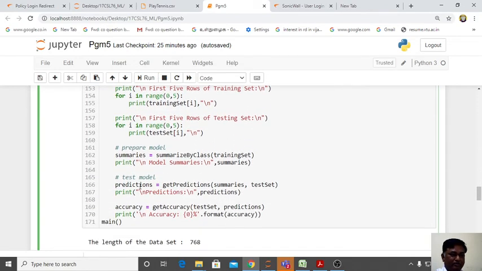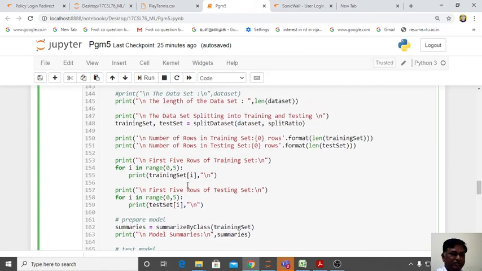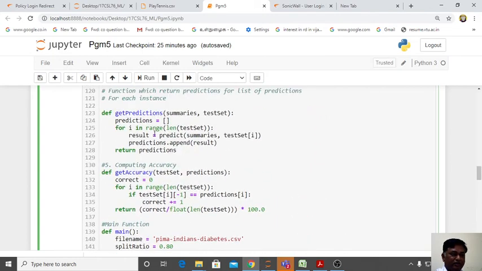Predict. So get predictions is passing your predict here. So like that, all the test data, around 154 data, are passed one by one by using this for loop and stored in this result. So result is added in this predictions list. That predictions list is returned to get predictions.